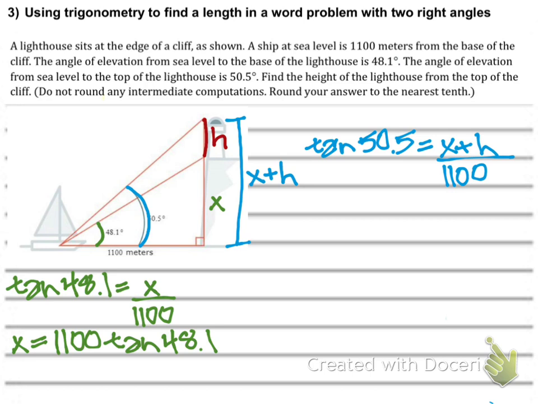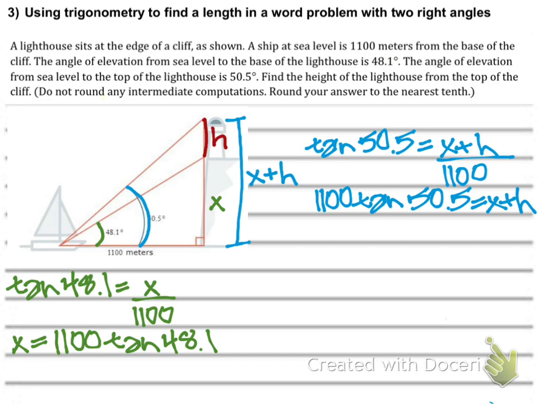So if we solve that for x, we'll have 1100 tangent 50.5 equals x plus h. But remember, at the grand scheme of things, with everything here, what we're trying to find